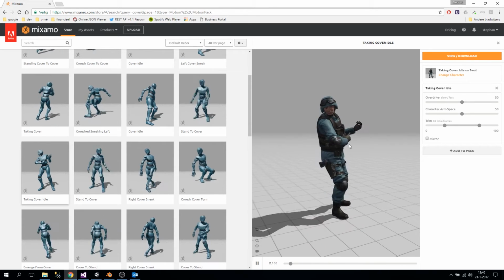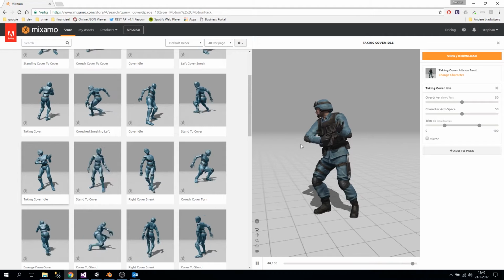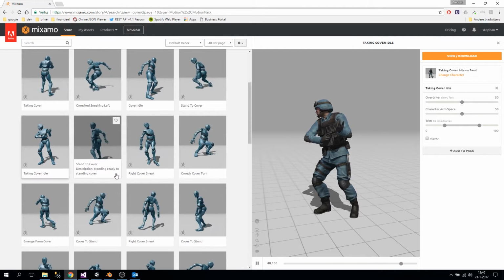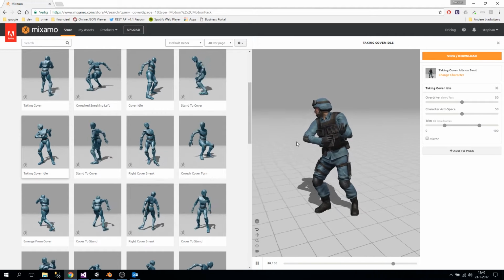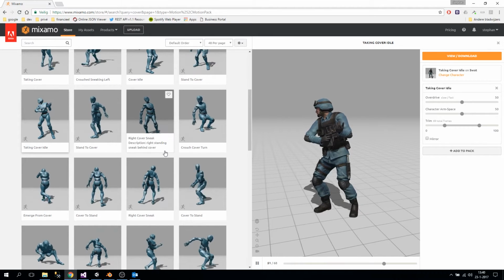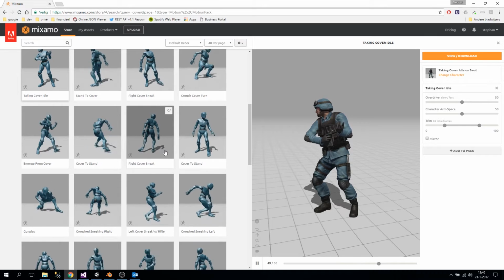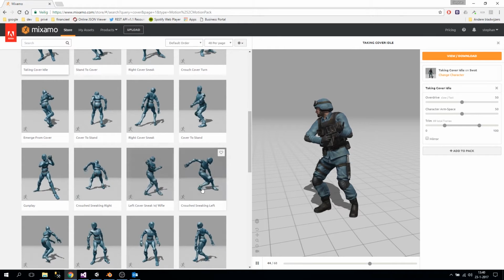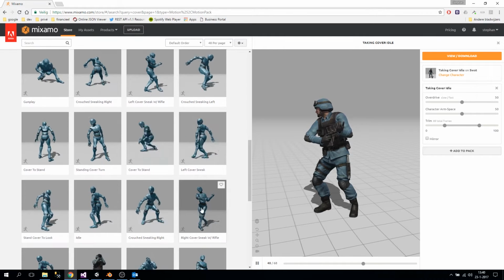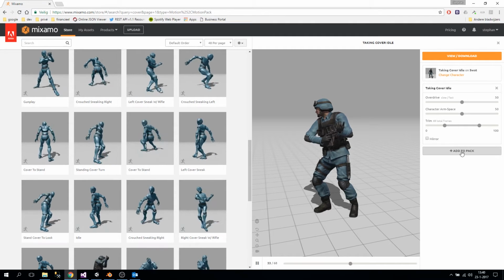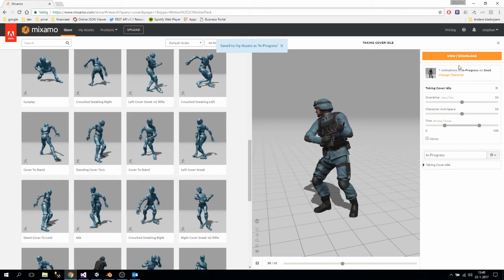Let's see. It's really like it's on a wall. I wanted it to be a little bit less in an attacking pose here, but it's okay for now. Let's look forward. There we go. Right cover, sneak with rifle. Oh, don't forget to hit add to pack. So I'm adding the